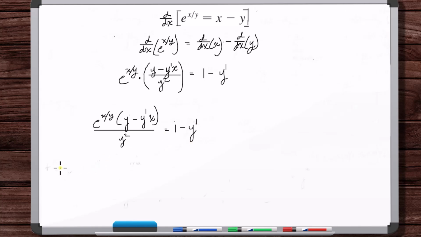So we've got y squared minus y squared y prime is equal to y e to the x over y minus y prime x e to the x over y. Okay, let's bring the y prime terms to one side. So we've got